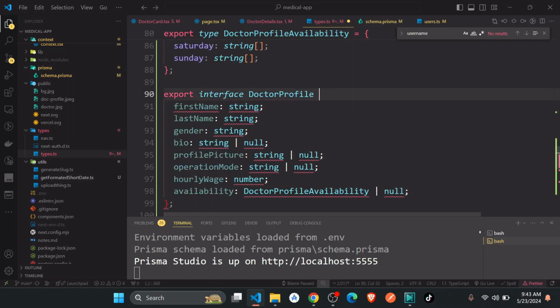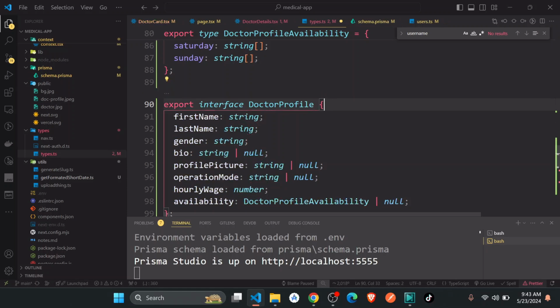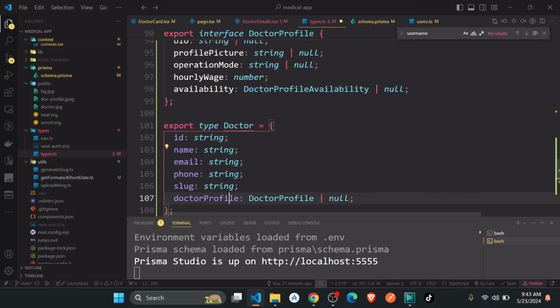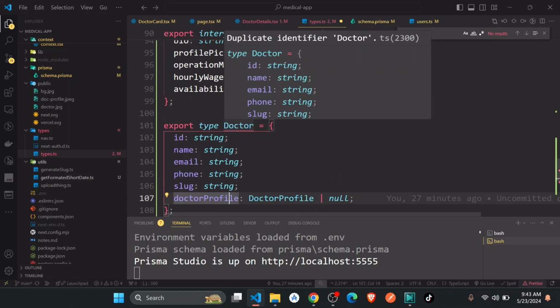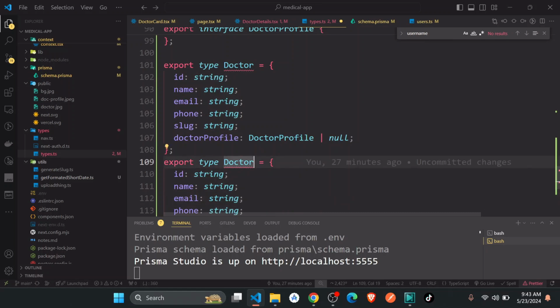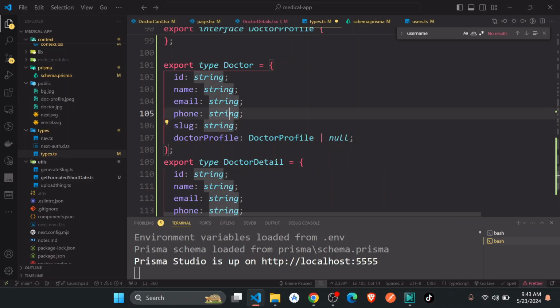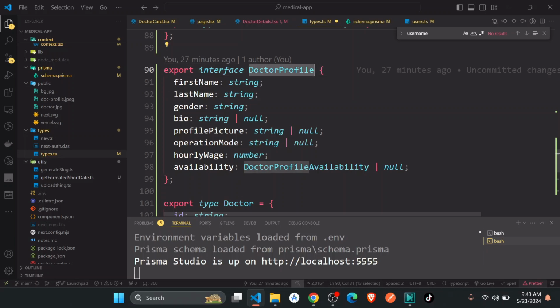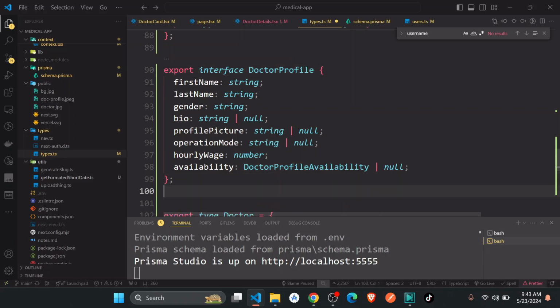Okay. It shouldn't change anything. Okay, it shouldn't change anything for this. I'm just going to change this to doctor detail. Why I'm changing this is that I'm just going to create another one, and I'm just going to say